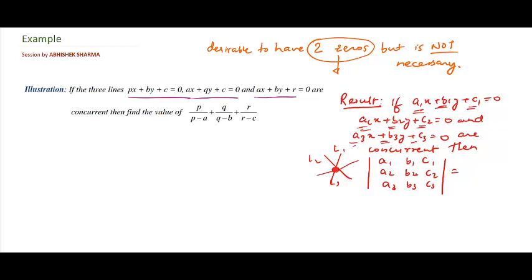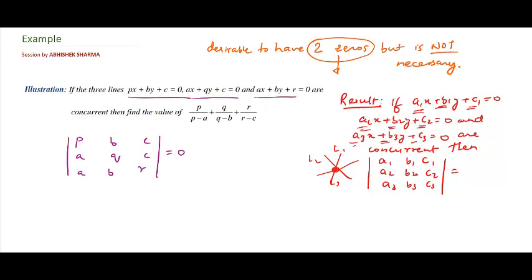So obviously if these are concurrent, then their coefficient determinant, let's use the row-wise form instead of column, so you have P B C, A Q C and A B R